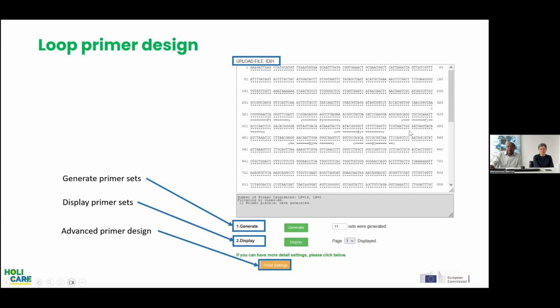But in your sequence, as you can see, you also see the exact position of that primer set that you designed, and now you are attempting to add the loop primer to it. Just to remind you, the loop primers are inserted between the F2 part and the F1 part of the FIP, but also between the B2 part and the B1 part of the BIP here. When you press on generate,